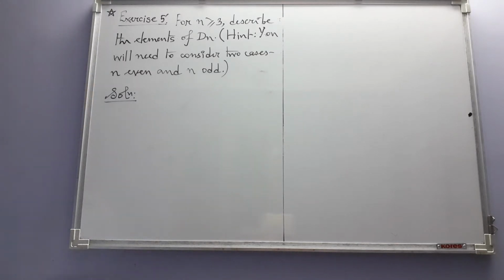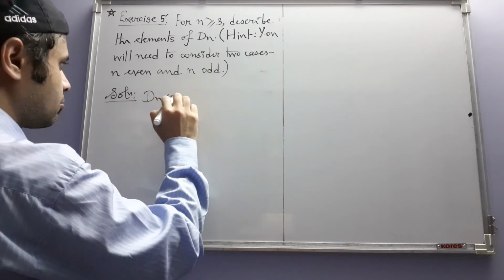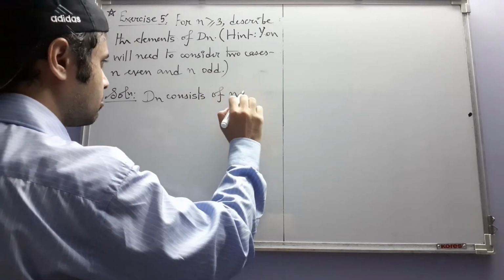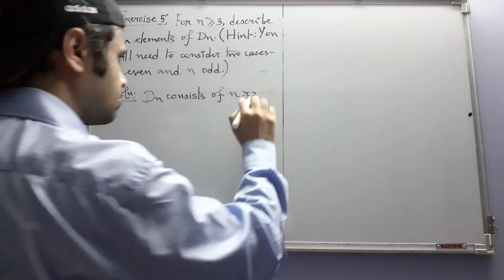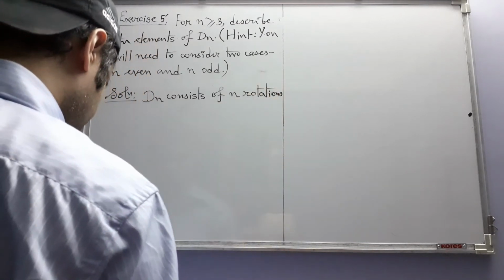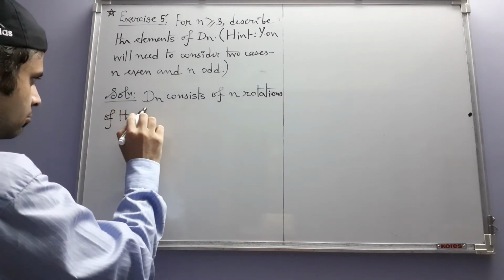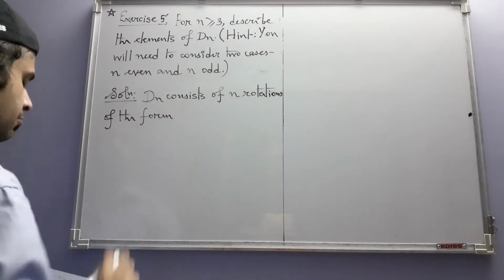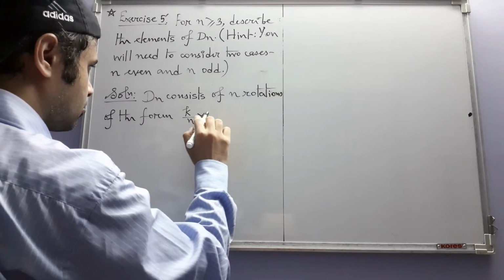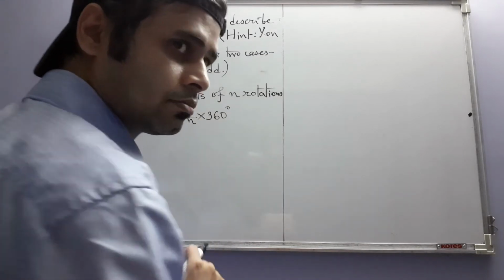So the solution is like this. Dn consists of n rotations of the form